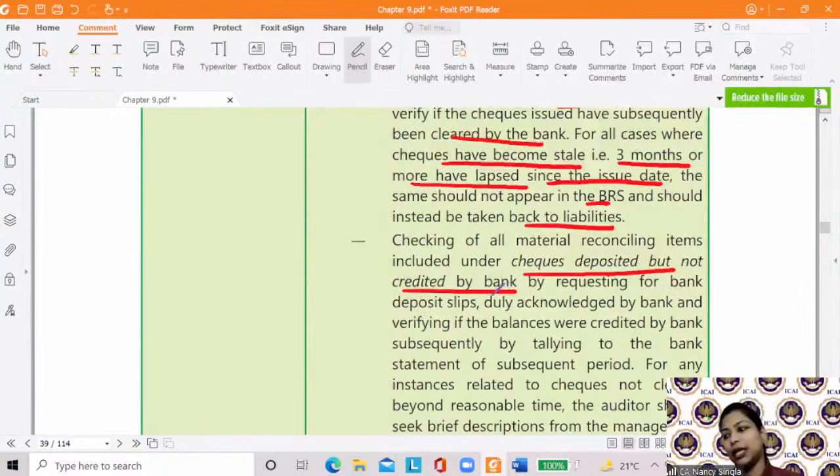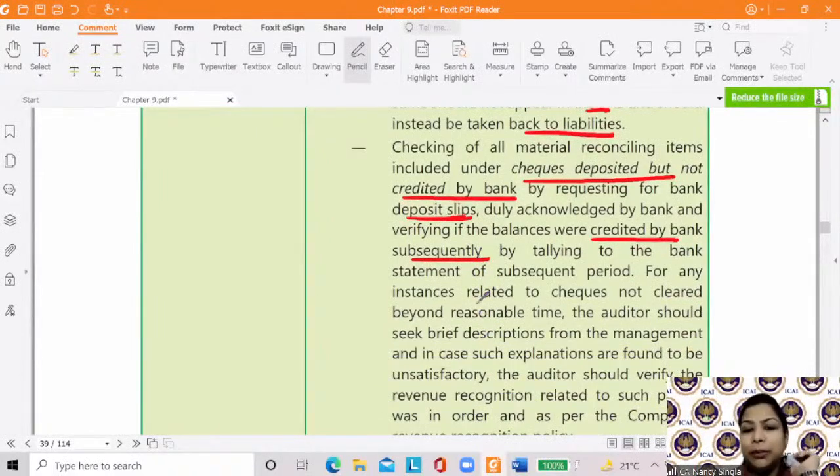so आपने deposit किया है पर बैंक ने credit नहीं किया, तो deposit slips देख लो ना, है ना, एंड सब्सिक्वेंटली बैंक स्टेटमेंट देख लो ना कि बाद में तो बैंक ने क्रेडिट नहीं कर दिया है, बैंक वो 1 अप्रैल में तो नहीं कर दिया है, ठीक है। एंड इन केस एनी ऑफ द चेक्स हैज नॉट बीन क्लियर्ड बियॉन्ड रीजनेबल टाइम, तो मैनेजमेंट से ब्रीफ डिस्क्रिप्शन ले लो ना, मैनेजमेंट से पूछ लो ना,